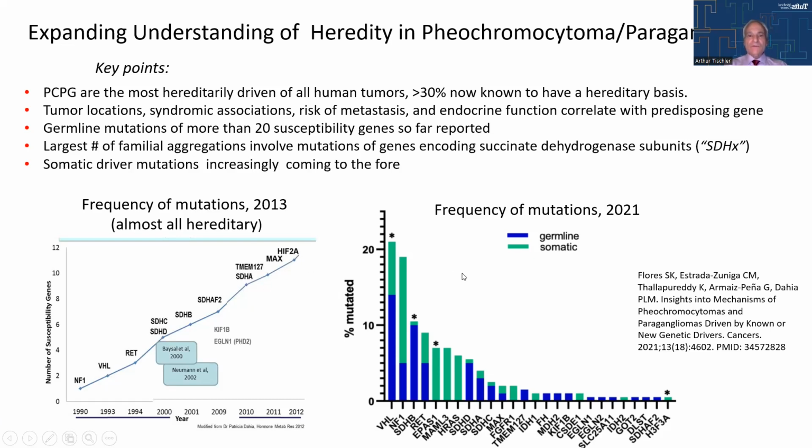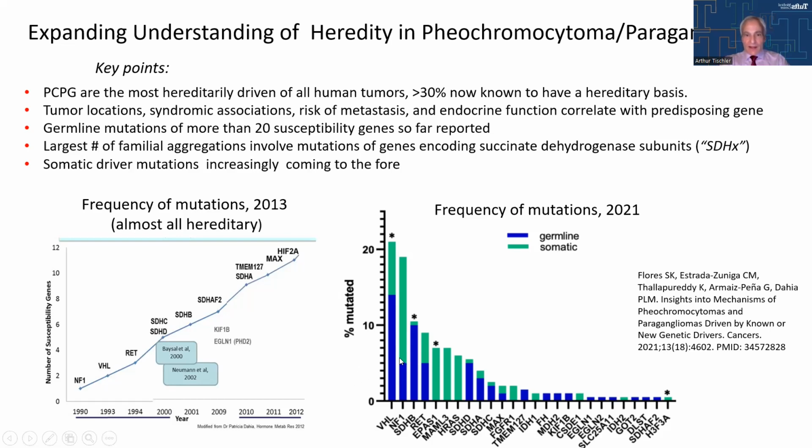An additional new development is that somatic mutations have come increasingly to the fore. So if we look at the combined frequency of germline and somatic mutations for different types of tumors in 2021,